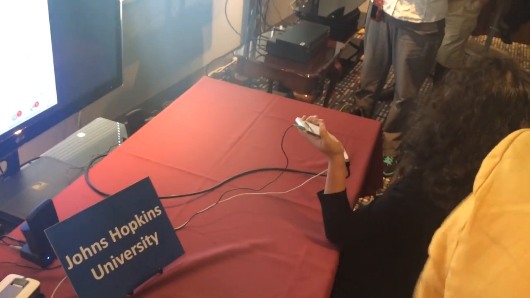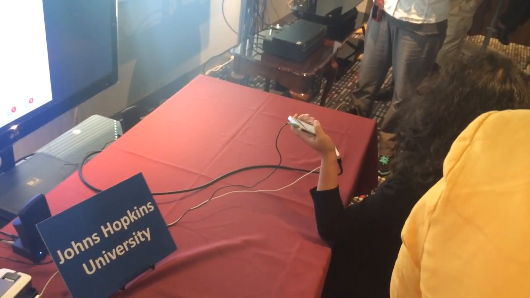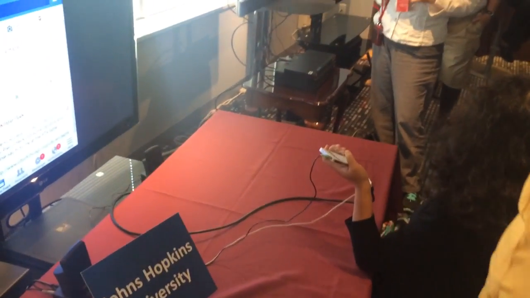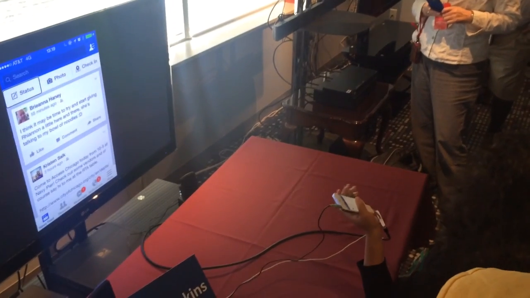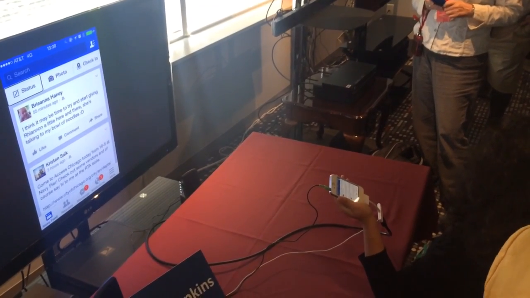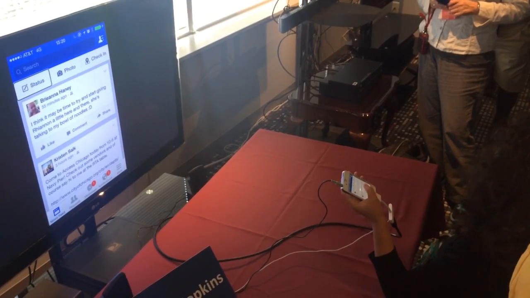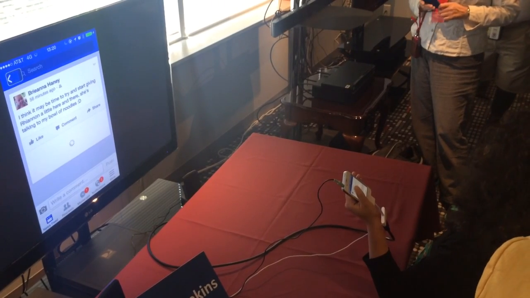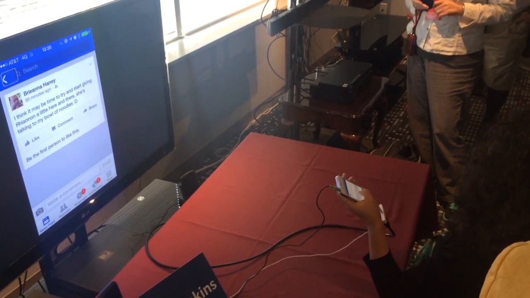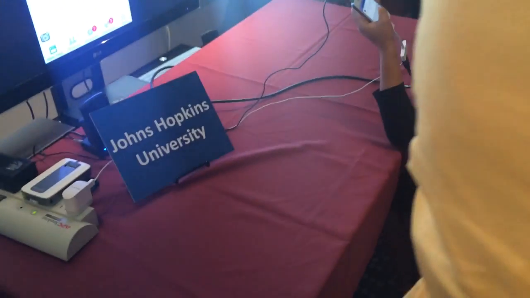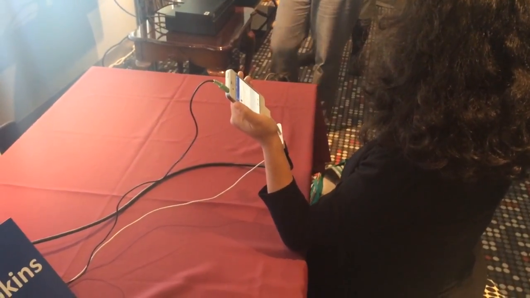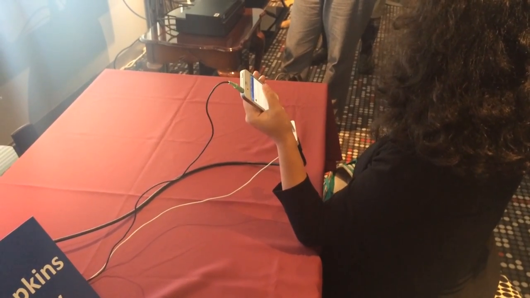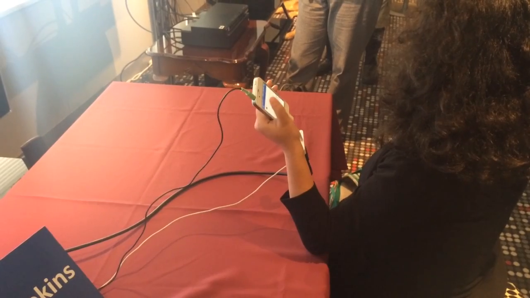What's cool about the Facebook app is they've implemented some of their own gestures. If I found a status and I want to like or comment on it, what I could do is just go in. Brianna Haney, 55 minutes ago, shared with friends. Status. So now I'm in the status, where I can be the first person to like this. I could write a comment. I can comment on the status, but that means you have to push enter, go into the status, and then from there select what you want to do. An easier way to do it: